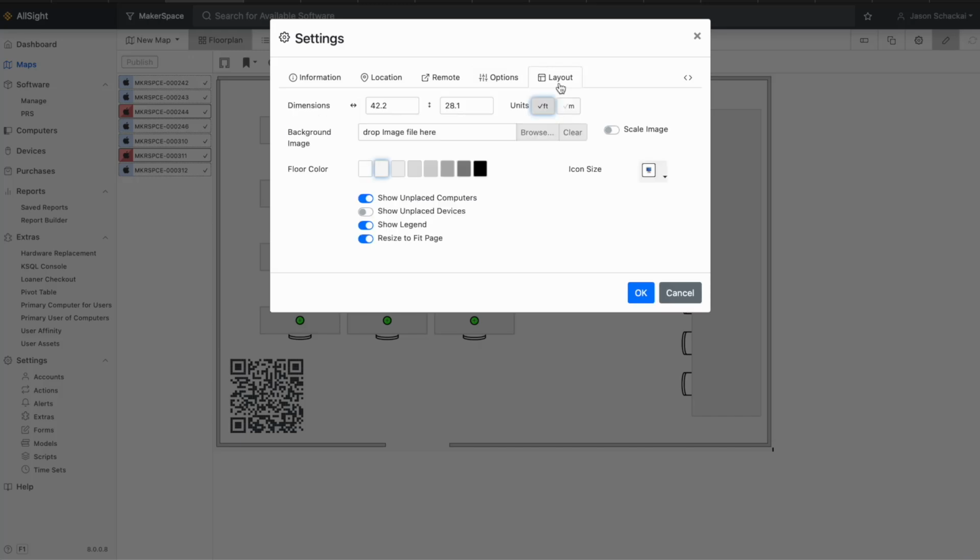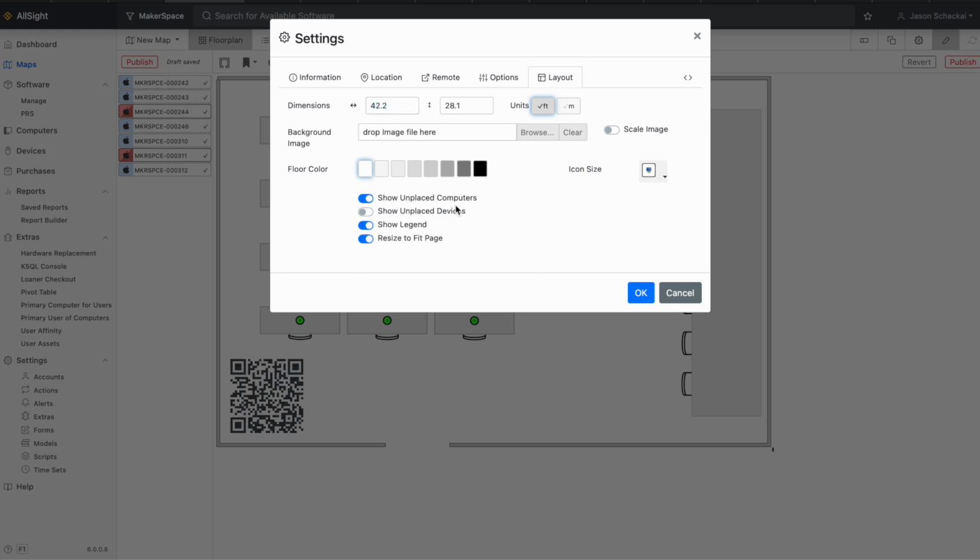And then we can look back at layout. Some of these options are the ones that popped up when we first went to create this floor plan. But in this case, you see there's some different things we can do. We can make the background of the floor plan itself a little bit darker or lighter. We can drag and drop or manage the background image and scale that image from here if we were using one. We could make manual edits to the dimensions of the room. And then there's a few other